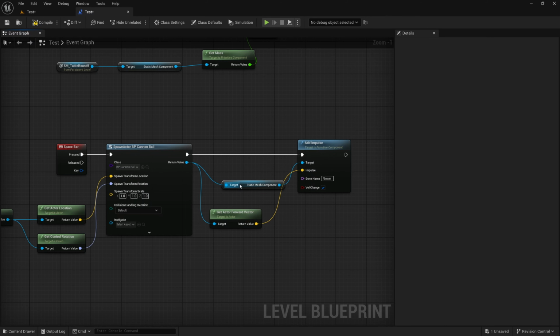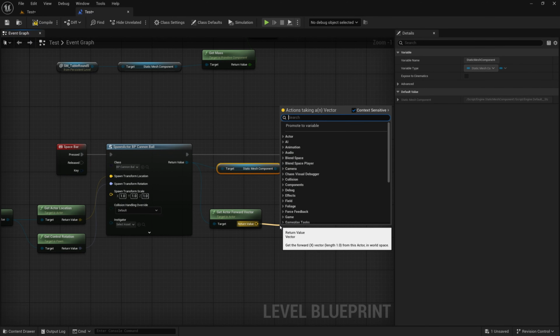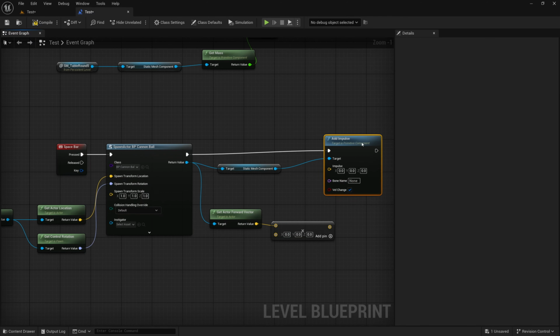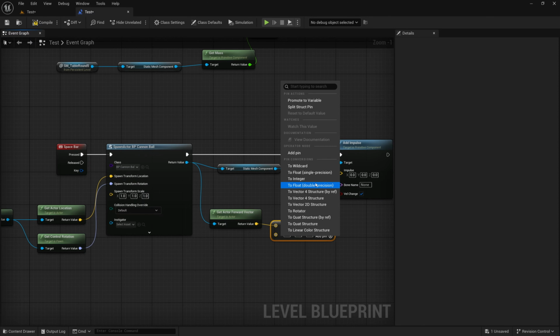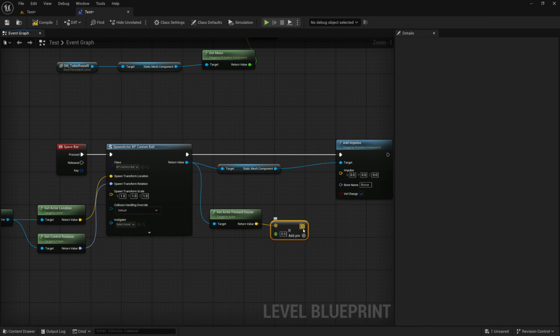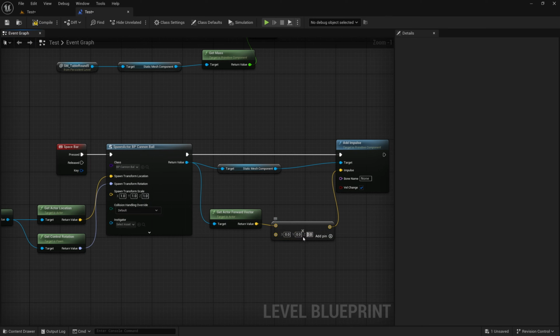So quickly, we're gonna hold down Alt and click on the return value pin to break the connection. We're gonna drag out the return value and type in multiply. By default, this was trying to multiply a vector with another vector, but we're just gonna right click and convert the pin into a float. And we're gonna connect the output and convert the float once again. And we're gonna type in 1000